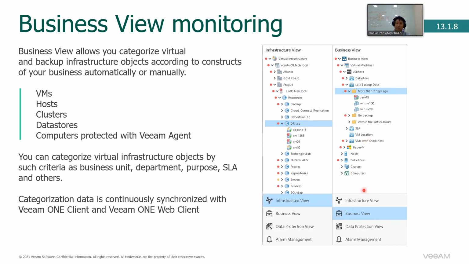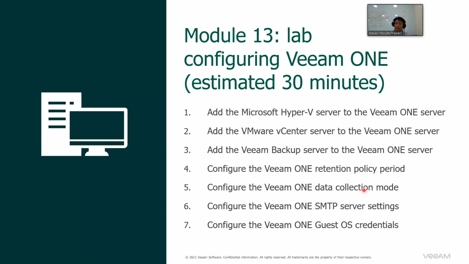So this gives you additional options to create even more granular reports. Okay? So this is another function of business view here, mainly designed for you to create more granular reports here. Okay? Now Vim1 comes with a basic lab, but this lab doesn't show you the full